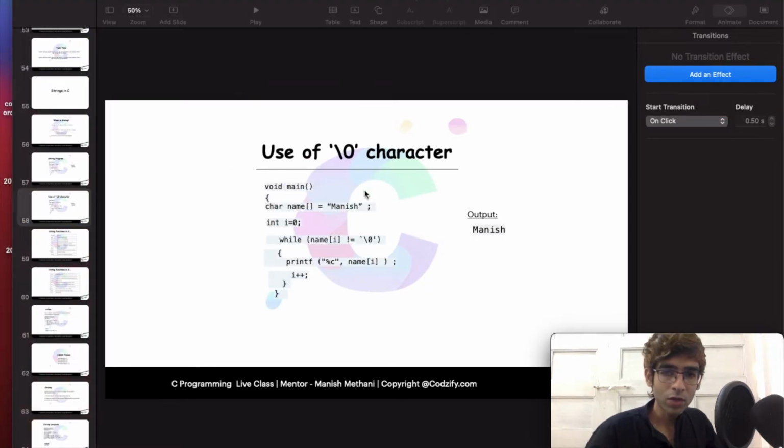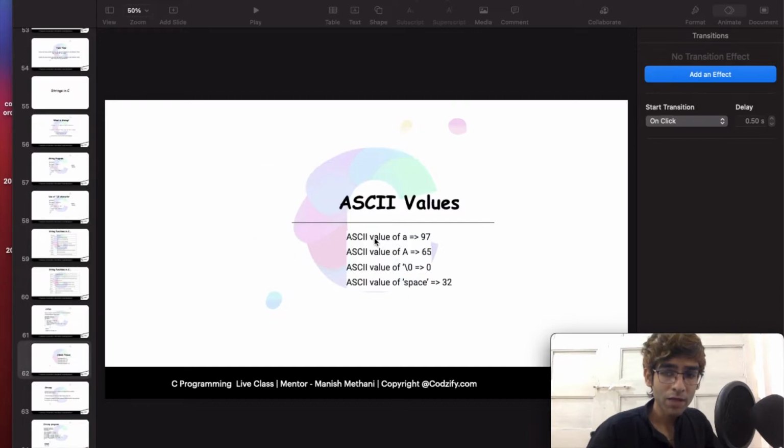As we know, every character in a string has some ASCII value. The ASCII value of small a is 97, and the ASCII value of capital A is 65. After this, b's ASCII value will become 98, c's will become 99, and capital B's ASCII value will become 66, and capital C's will become 67.